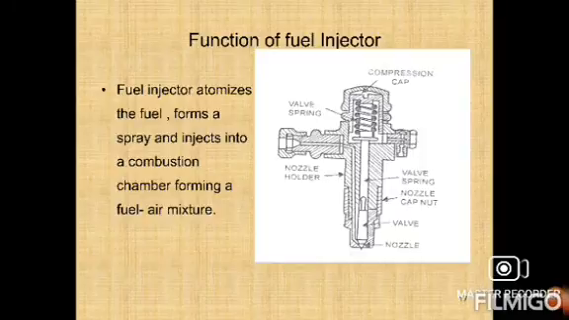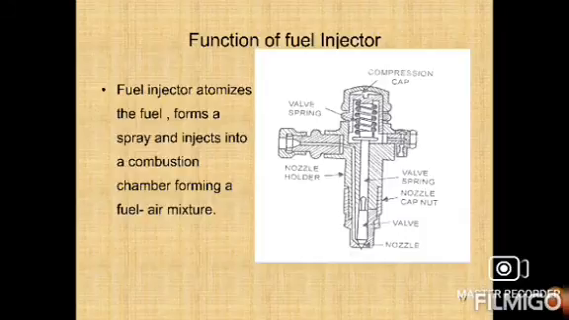The parts of a typical injector are shown. You can observe here. First one, compression cap. Second one is the valve spring. Third one is the nozzle holder. Fourth one is the spindle. Fifth one is the nozzle cap nut. Next one is the valve. Next one, the nozzle. The fuel from the injector pump enters through the fuel inlet and is directed down to a space